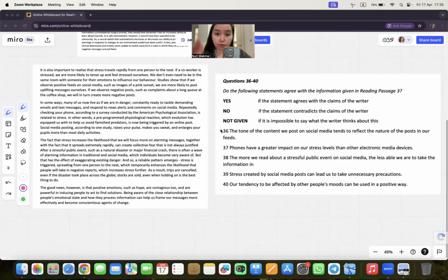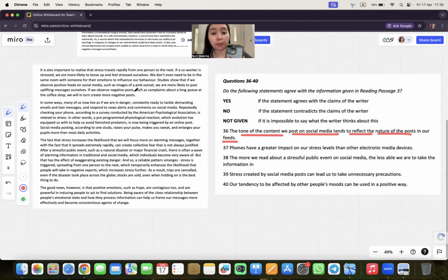When you are reading the questions, try to understand the context. If you can't do that because of specific words, don't worry. You can just try to get the big picture. Even if you don't know some specific words, that's totally fine. But the most important thing is getting the big picture. And also, please try to highlight the keywords in the questions, for example, the tone of the content we post on social media tends to reflect the nature of the posts in our feeds. So try to highlight the keywords